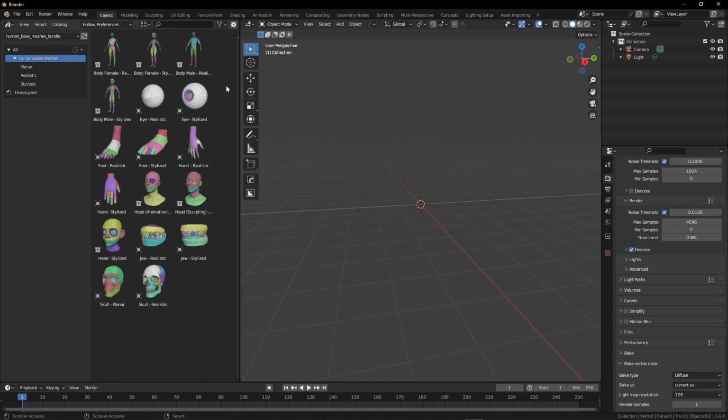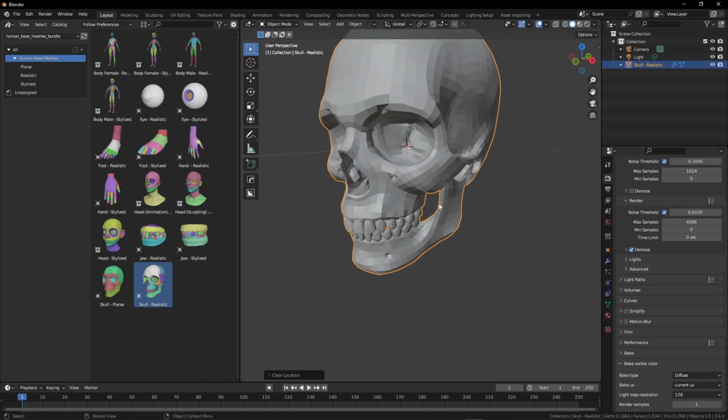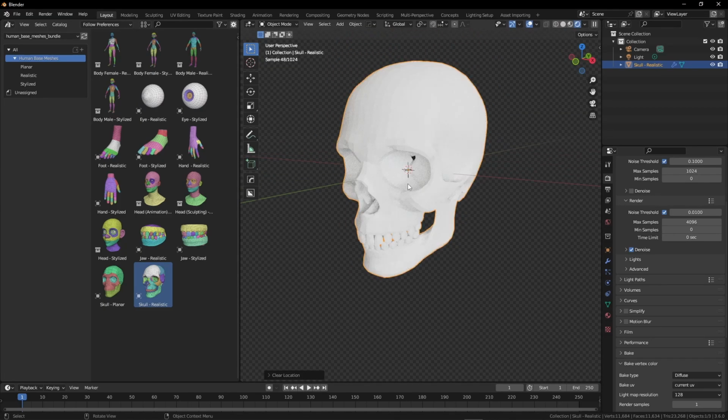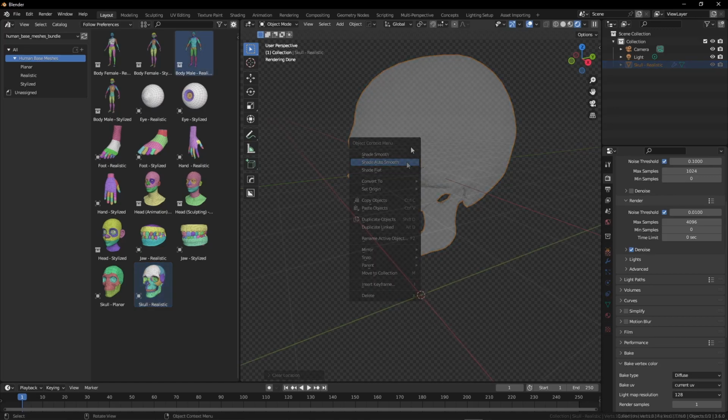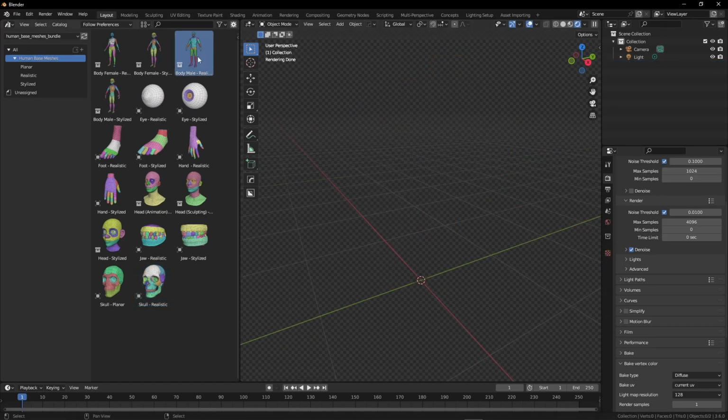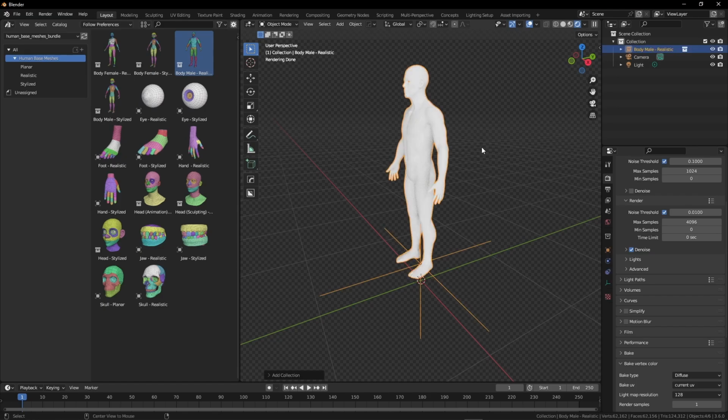So it comes with stylized and realistic models, various body parts, and some more specific features such as a relatively realistic skull. I can't really comment on the anatomical accuracy. I don't know if they really got all of it, but this would be an excellent start if you were sculpting. What we're going to do is bring in the human male, the realistic version, snap it to the center